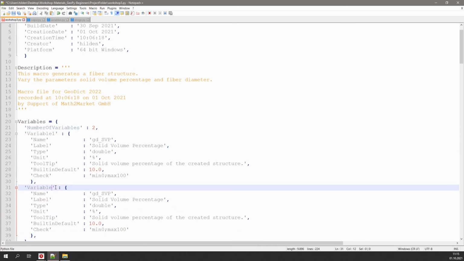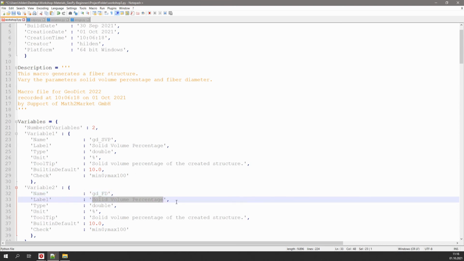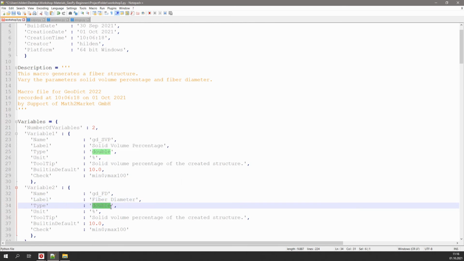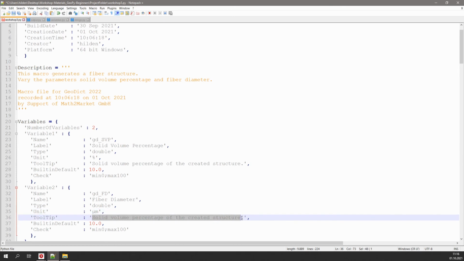Change variable 1 to variable 2. Then we also need a new name for the second variable. So let's call it gd_fd for fiber diameter. And the label we change to fiber diameter. It is still a floating point value, so double for type is okay. The unit, of course, will not be percent, but micrometer. For tooltip, we enter fiber diameter of material 1,